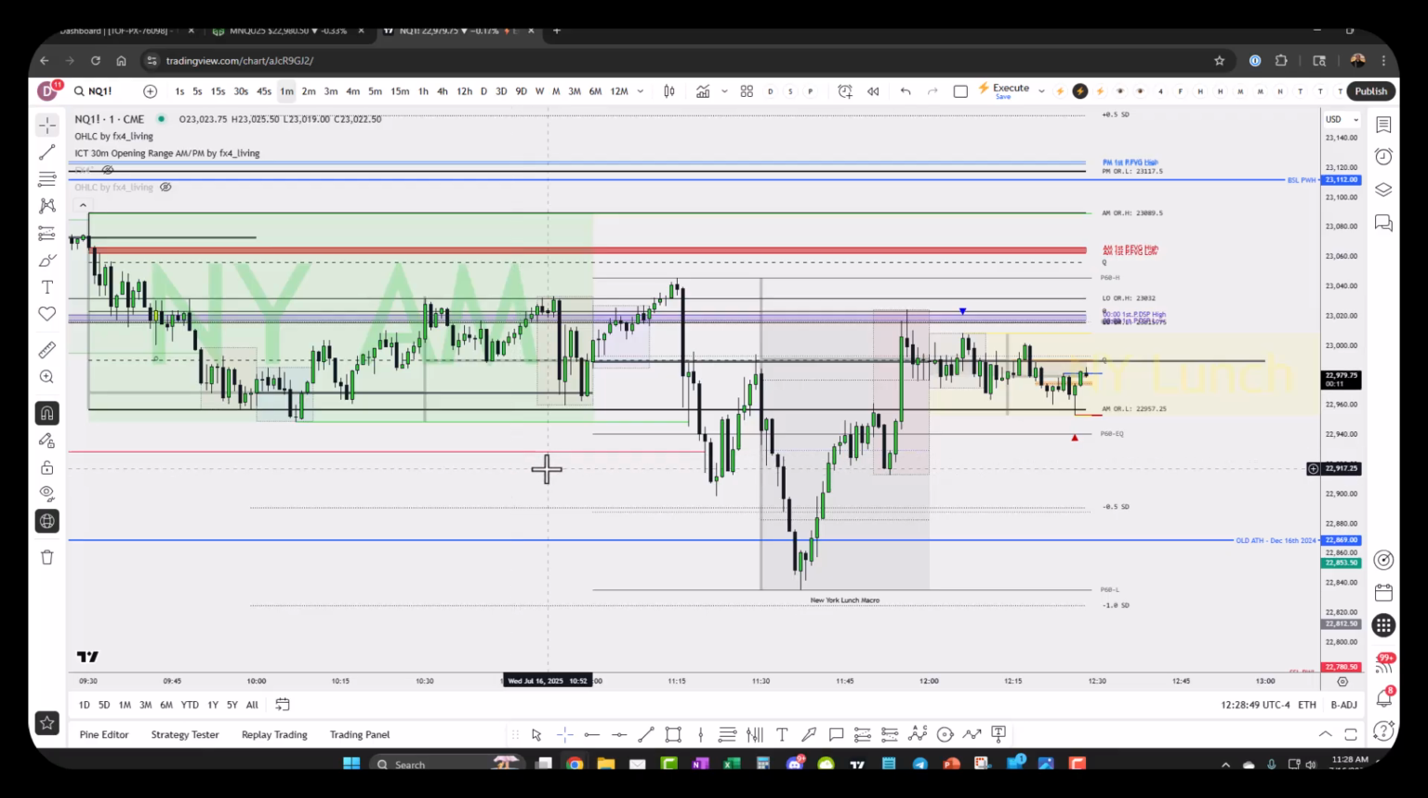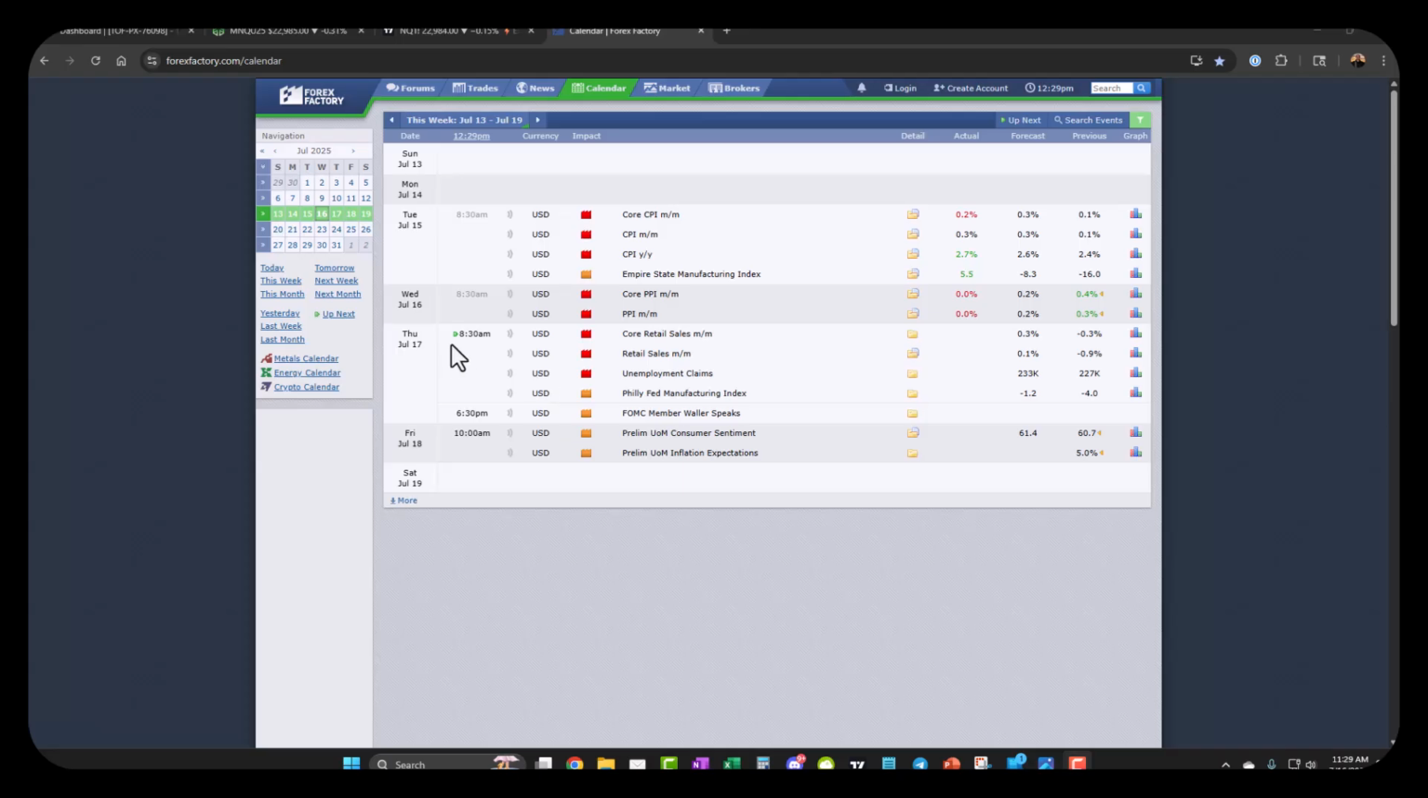Let me see if, let me pull up the economic calendar. And I don't think there was, so tomorrow is 8:30, core retail sales, 8:30 is the next high impact news, and then Friday is just medium impact. So